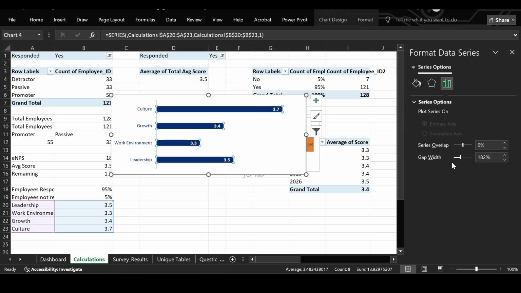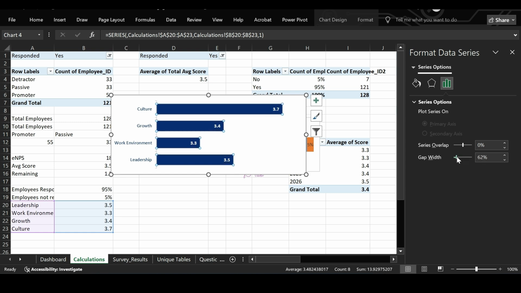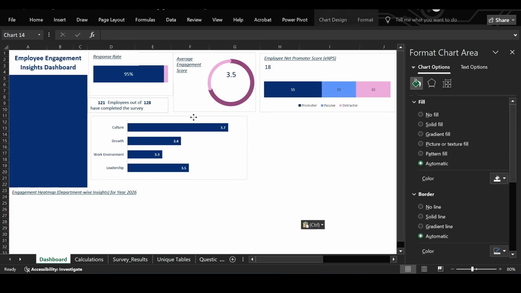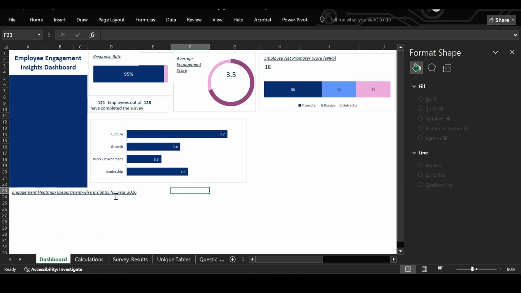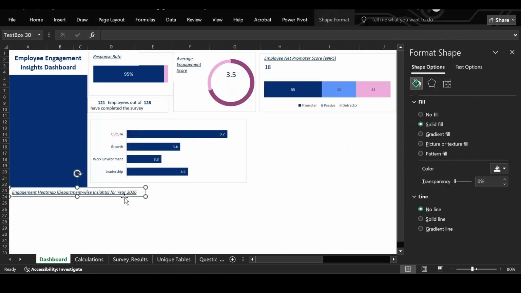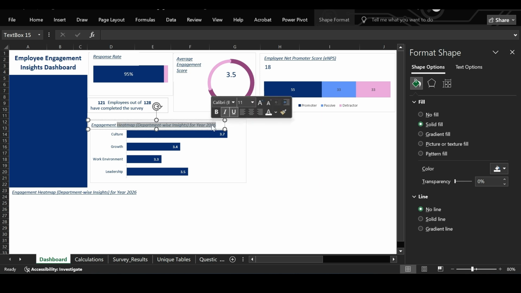Some editing over here. I'm decreasing the gap width so that the bars look a little more thickened. Adding a title, engagement drivers overview.